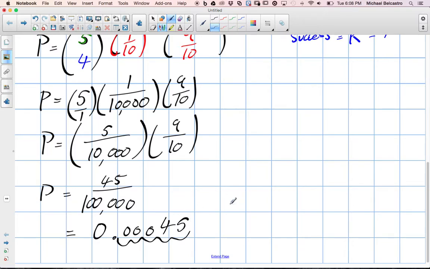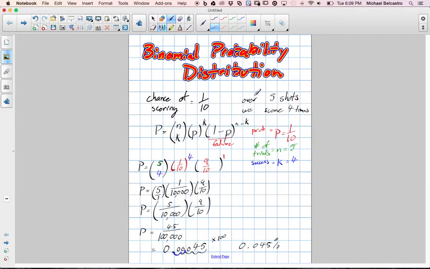As a percentage, we would multiply this by 100. Think of this as the decimal value, and a fast way to move that back is you just move the decimal over 2. So the percentage chance that you score 4 times out of 5 is 0.45%. Really, really small. Less than half of 1% likelihood that you would actually score 4 times out of 5 if your probability of scoring is